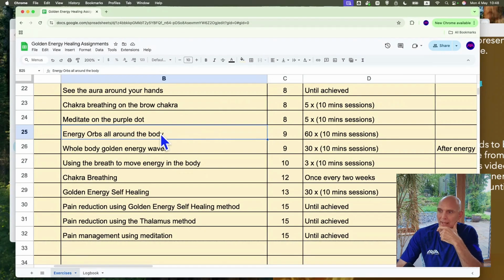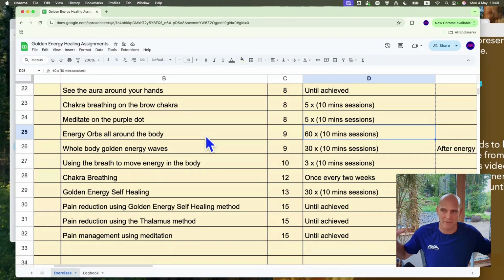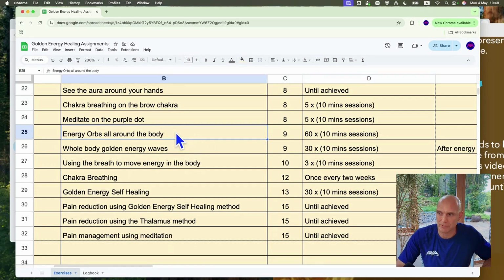So we're on energy orbs all around the body. Now this is the one where we actually can spend a bit of time on this. So we've got 60 times 10-minute sessions. And don't forget, this is over the course of a year, remember. So energy orbs around the body. This is actually a version of the golden energy balls that are going up and down the fingers, but actually doing it for your whole body with different sizes of energy balls or energy orbs. And this actually